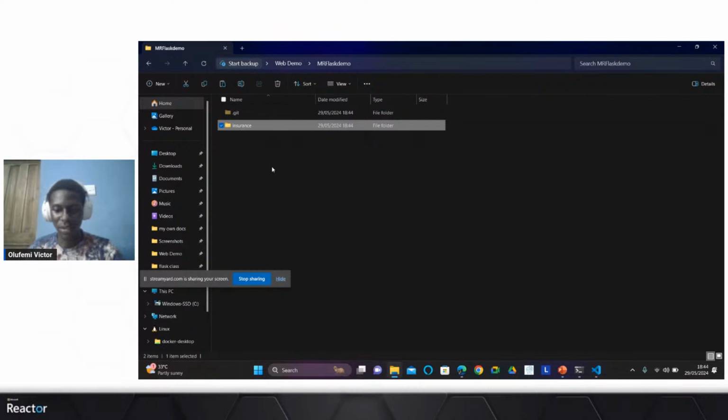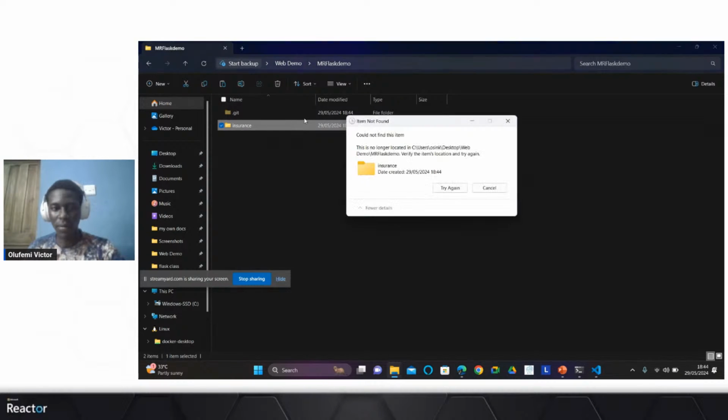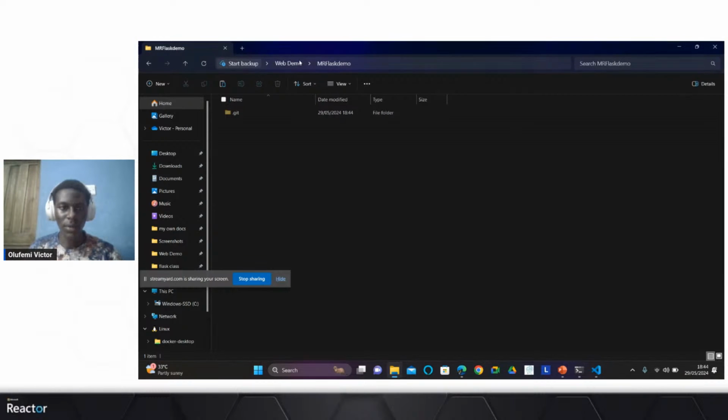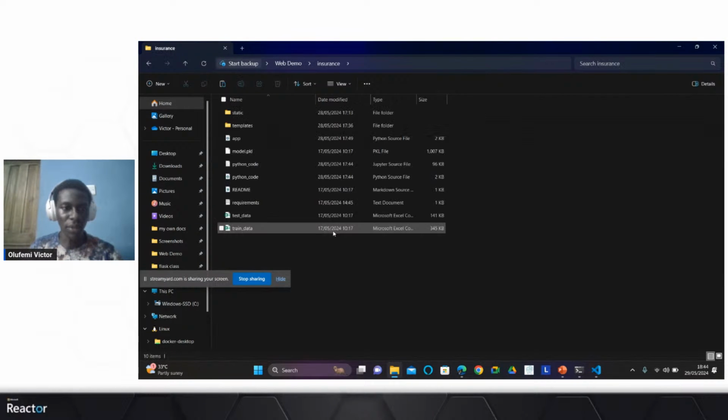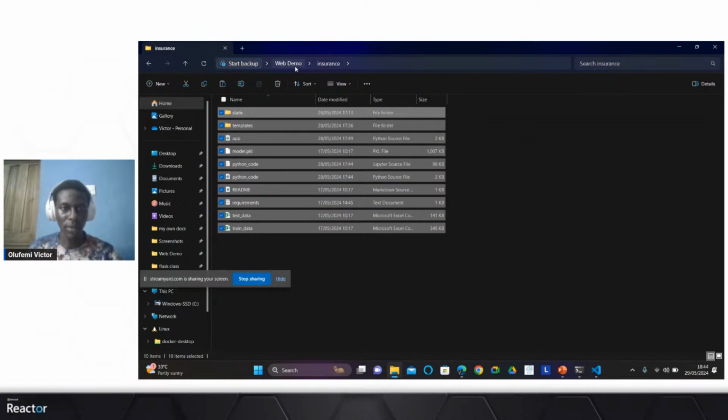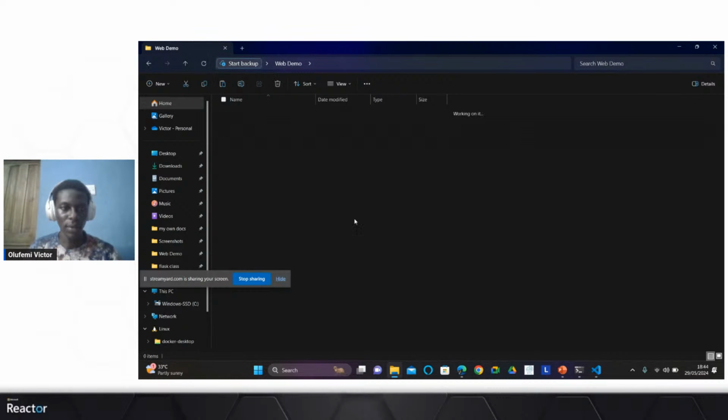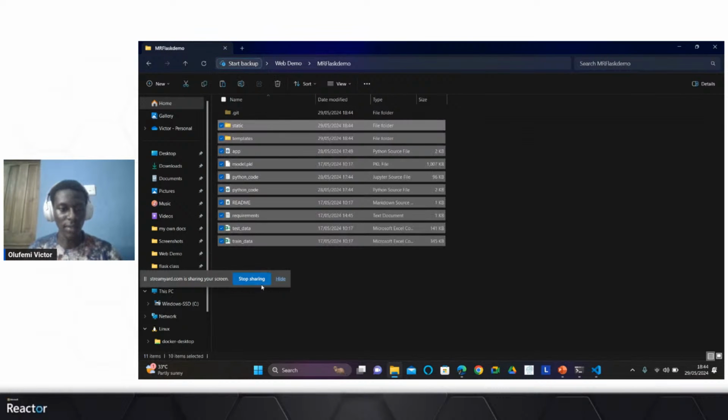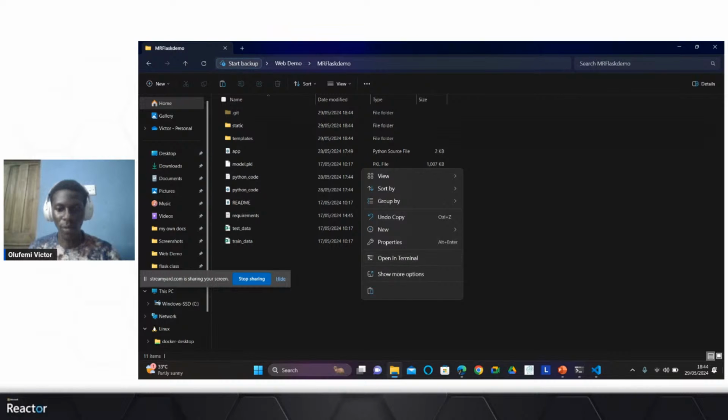Okay. Rather, let me copy the contents and put it in the Flask folder. Then, okay.